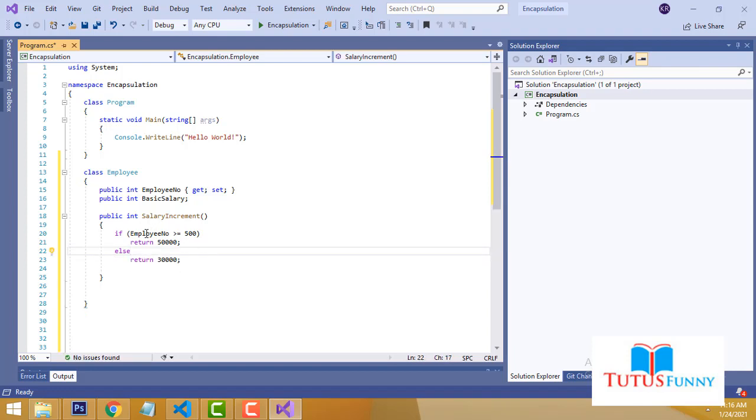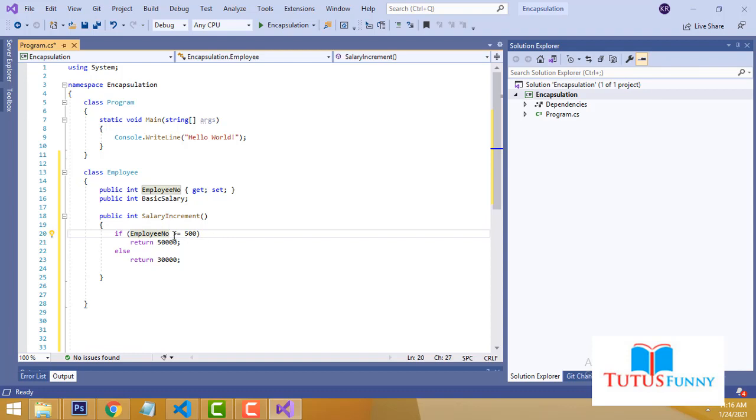So what I did here is, the employee number, what is the employee number you entered here? If you look at a company, there are many employees working in the particular company. Each employee has a unique identification number.